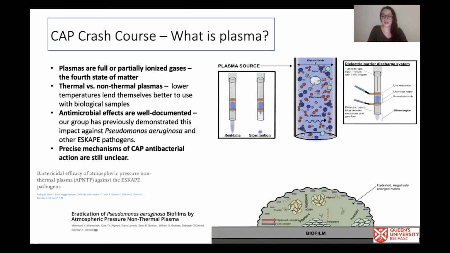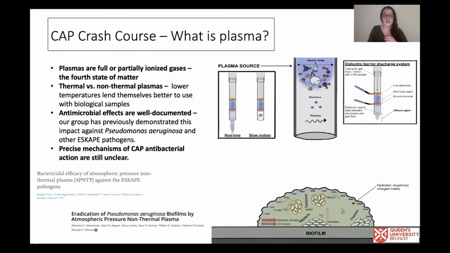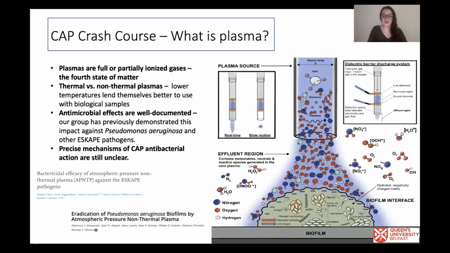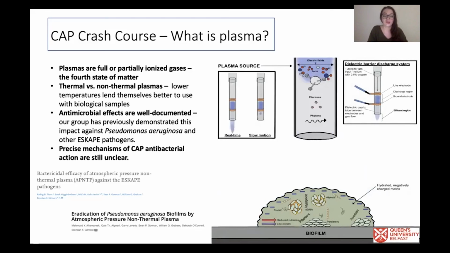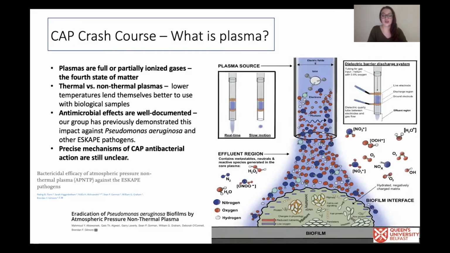The plasma core generates a diverse array of reactive oxygen and nitrogen species, as you can see in the diagram, which have a range of biological activities from stimulation of wound healing to antimicrobial activity. The unique combination of chemical and physical factors produced in the plasma effluent is key to its efficacy in eradicating microbial growth. The ability to treat biological samples with these cold plasma devices has ushered in a new era of